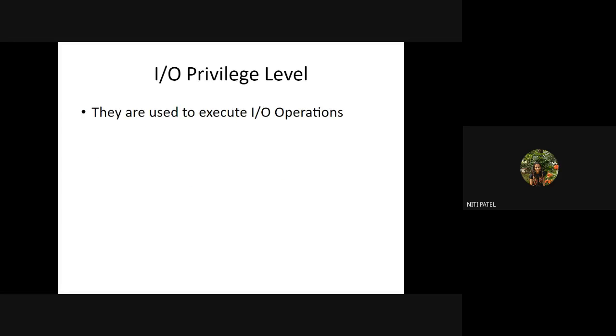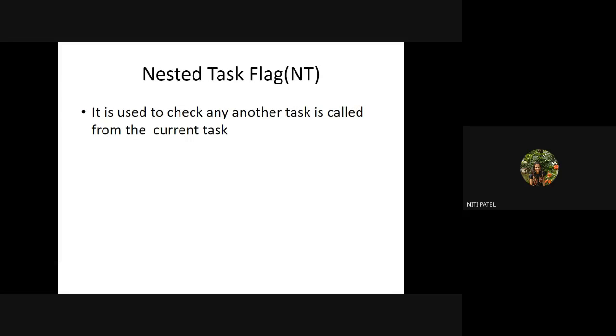Then we had seen the IO privilege flag. So this is the IOPL flag. If the bit is set to 1, that means it is executing the IO operations or IO related functions. But if the bit is set to 0, that means it does not have any IO functions or IO operations to be done. Then we had seen the NT flag, that is the nested task flag. So if my program has some nesting in it, the flag will be set to 1. If there is no nesting in the program, it will be set to 0. So by looking at this bit, I can understand whether my program has to do any kind of nesting or not.